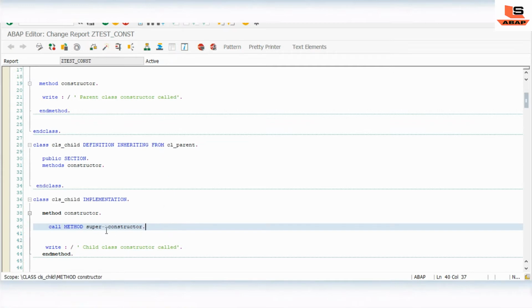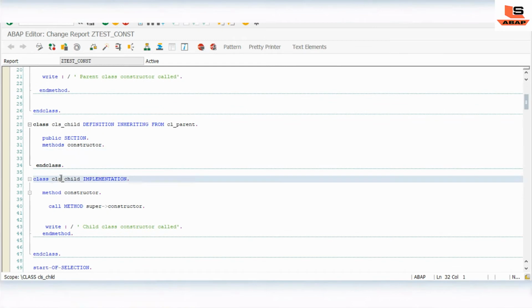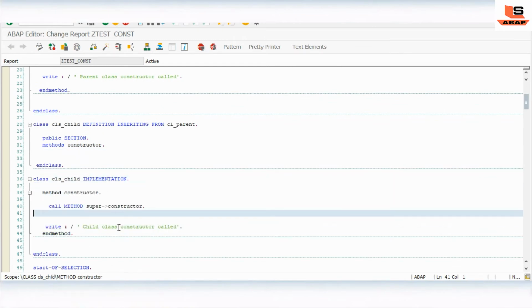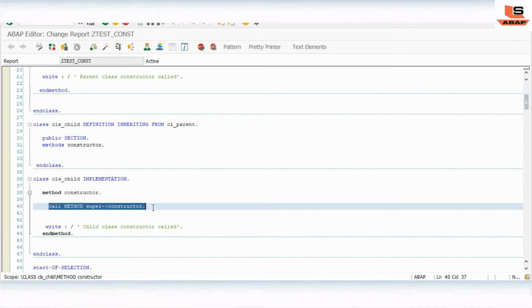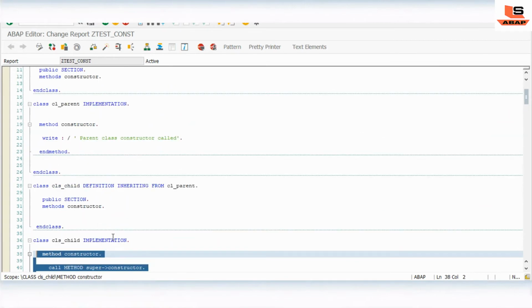Now in the second scenario we have just defined the public section and the constructor method here also, and in this method we are just calling the super class constructor. Why? Because it's not allowing us to implement the constructor of the child class.